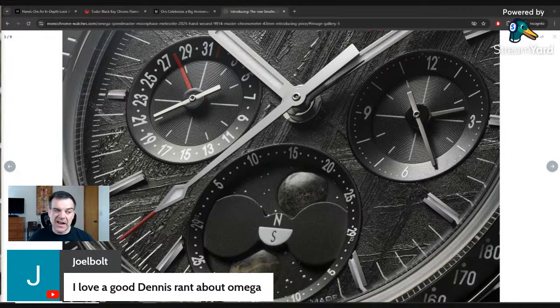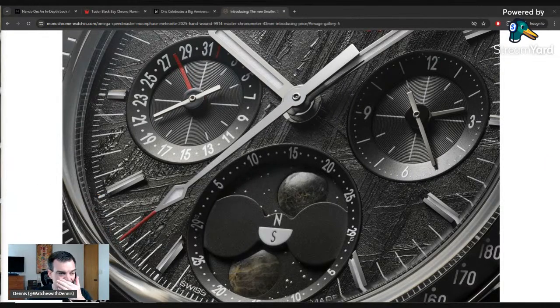That I'm not a fan of Meteorite, I knew that going in. That they made it $17,000. Okay, that's in this economy. It's a bold move, Cotton, but we'll see if it pays off for them. This is an extreme markup for Meteorite, even for Omega. And there's a good argument to be made that there shouldn't be much of any markup for Meteorite. It's really not that special. But 50% above what they were doing before, that's a tough one for me. It's tough. They're not the only brand that does that, of course, but